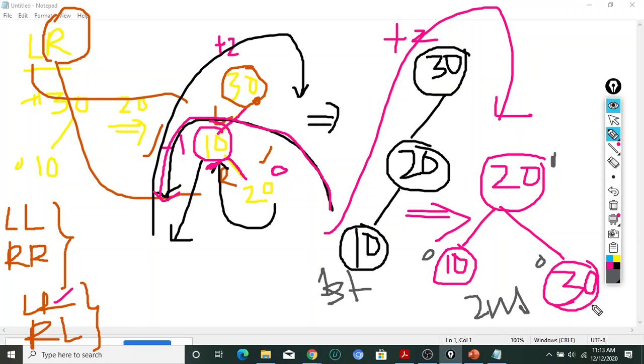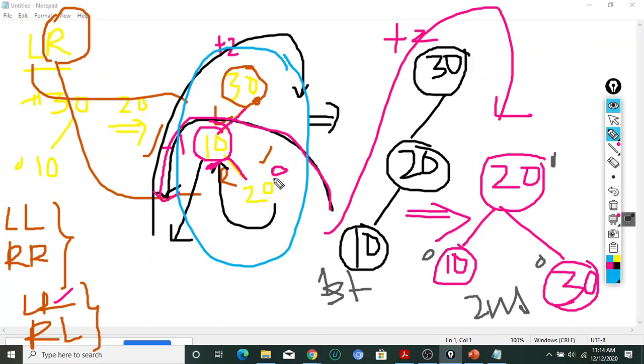And we can do it in a single step also. But we have to understand very deeply so that we can perform it in a single step. Try to understand how I can perform it, but those who are familiar with rotation can perform the single rotation. Look at this one. So we have just corrected the imbalance in 2 rotations. Now we are going to perform it in a single step.